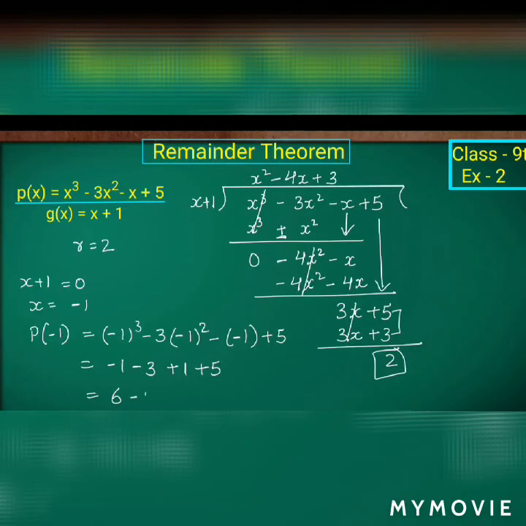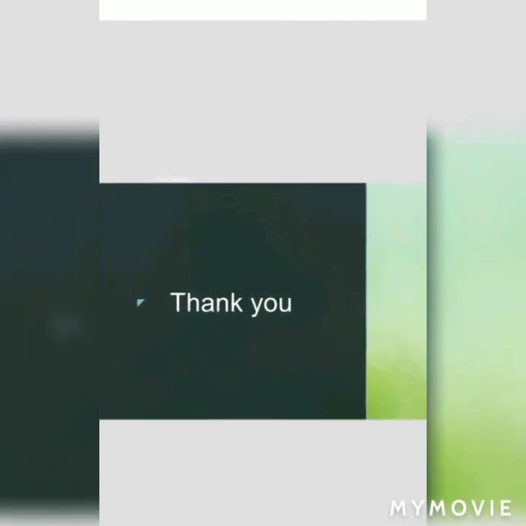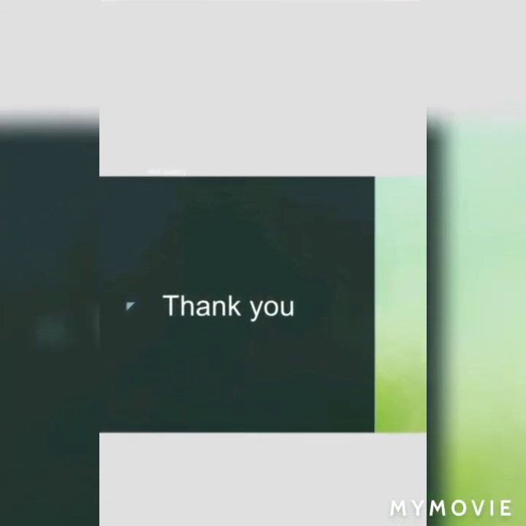Keep in mind that this is based on the remainder theorem. The only thing is we have to take g of x equal to 0 so that we will get the value of x. That value of x should be substituted in p of x so that we will get the remainder. So we got the remainder in both cases, the remainder theorem as well as the long division method. We got the same remainder, isn't it? So this is how we have to solve the problems in the upcoming exercise. Okay, so if you understood this one, it will be easy to solve the problems in the upcoming exercise. So in the next class, we'll discuss with the